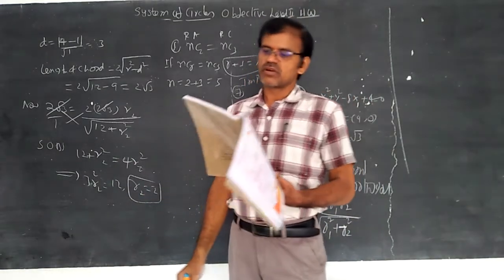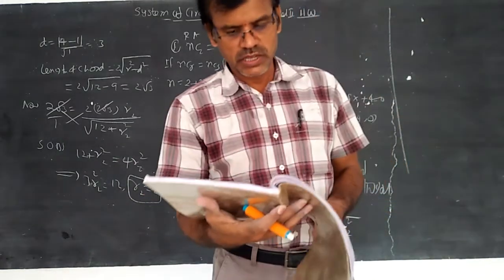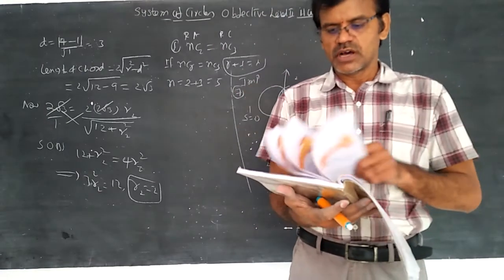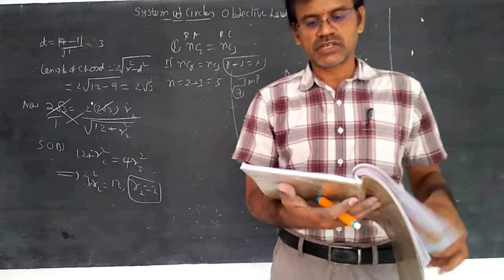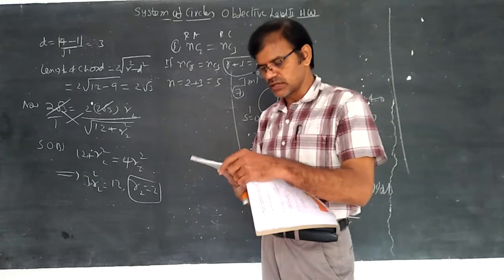I said next sum also in level 2 classroom we got. Maybe the answer is n square minus 4n minus 5, that is the answer is 0. Already we have learned the question.